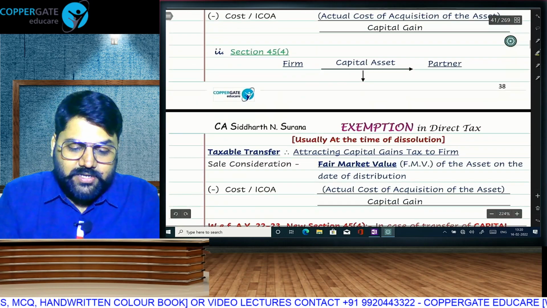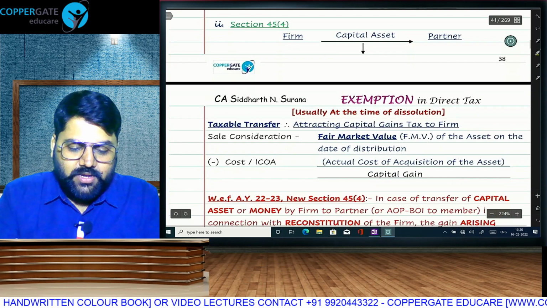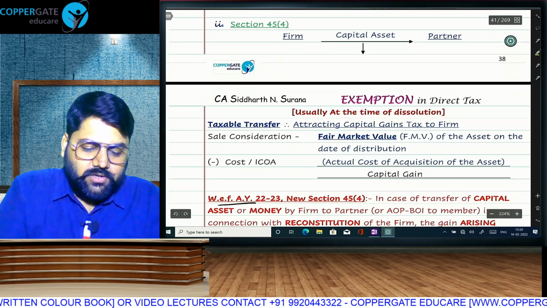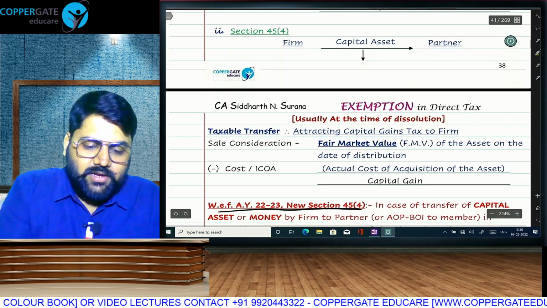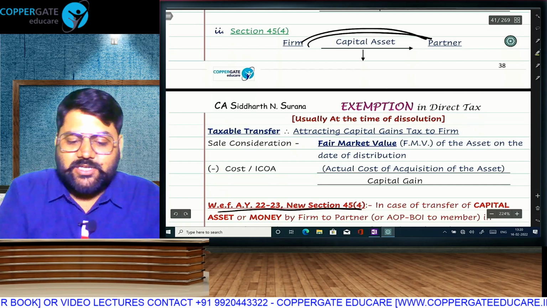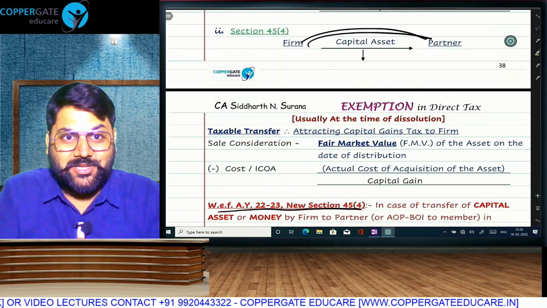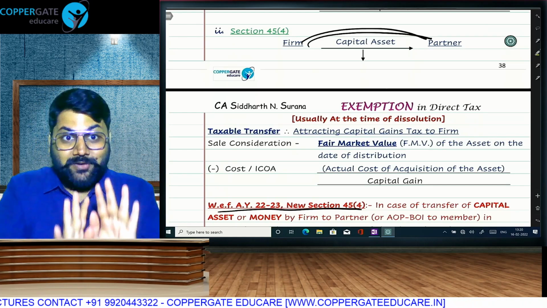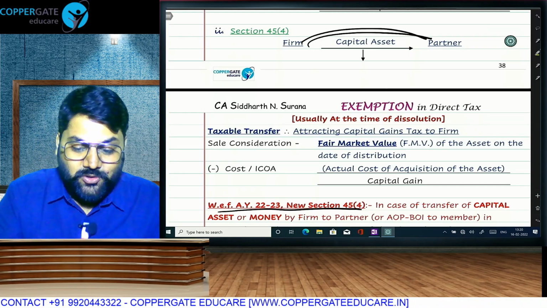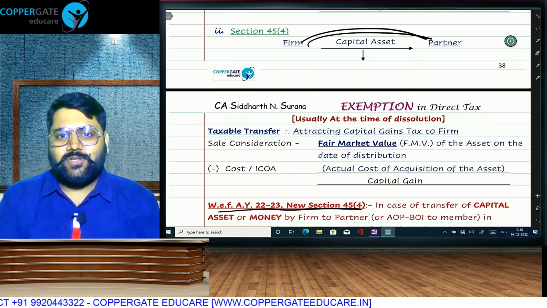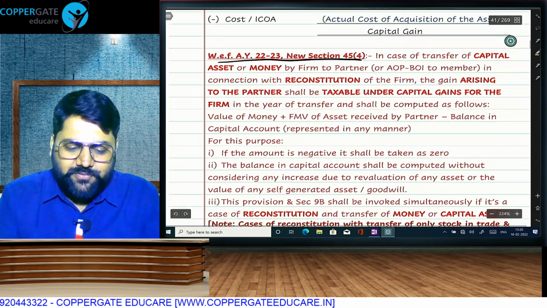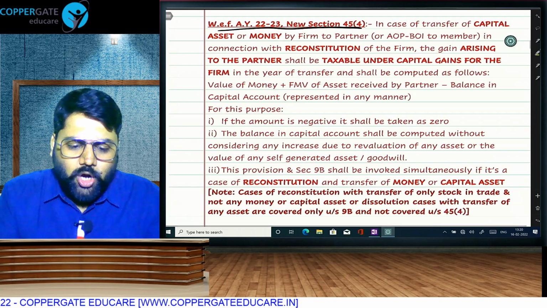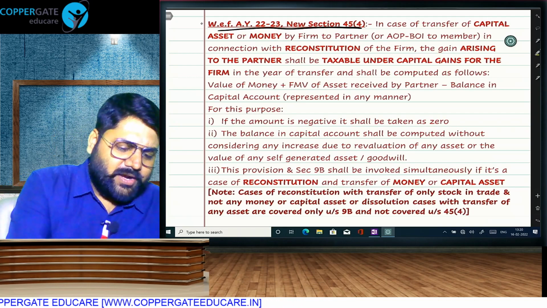But the change that is taking place is the new section 45(4), when the firm is transferring a capital asset to the partner. Now 9B also says the same thing. 9B covers both, but stock will cover only 9B. If it is a capital asset, then 9B is also applicable, and 45(4) is also applicable. How 9B and 45(4), this newly introduced complicated provision, work together, the reading part you can do from here,